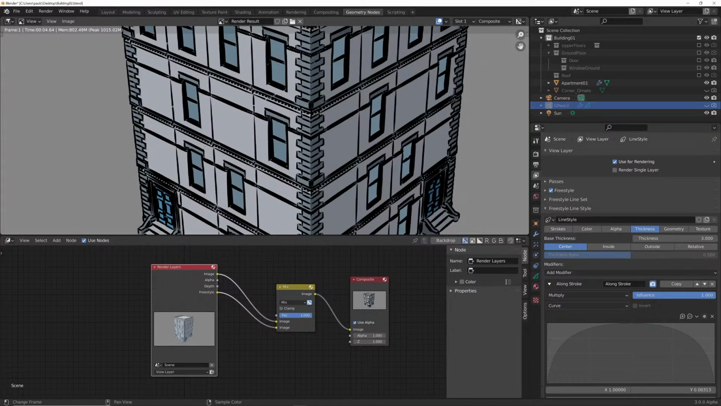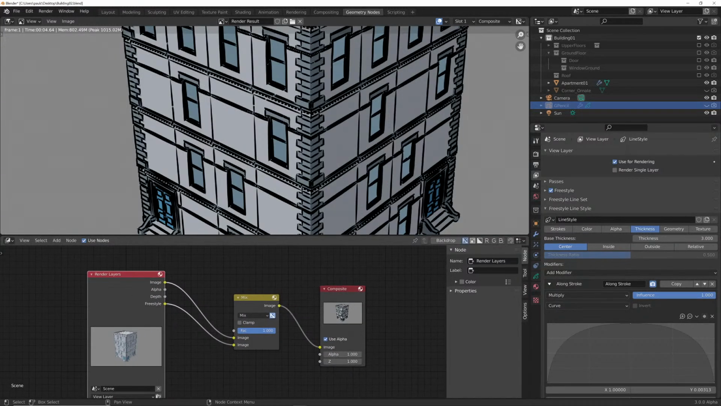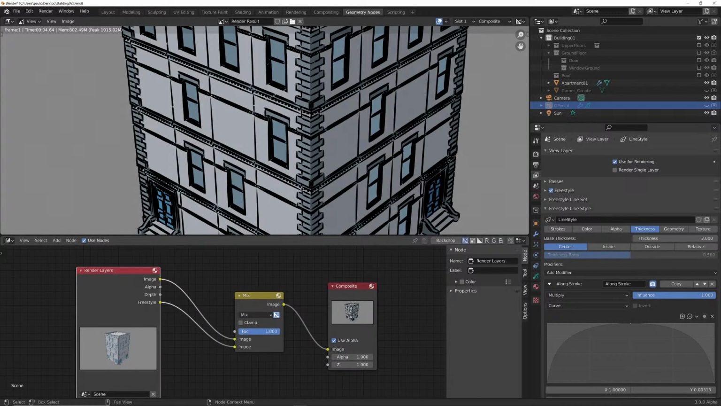Now, of course, because we've now mixed our main image and our freestyle line pass,